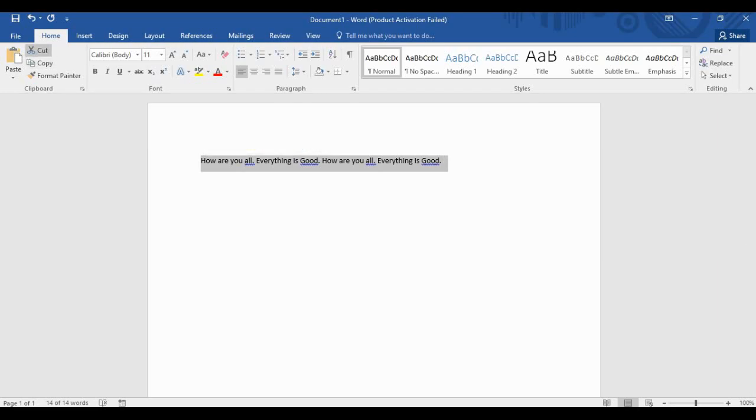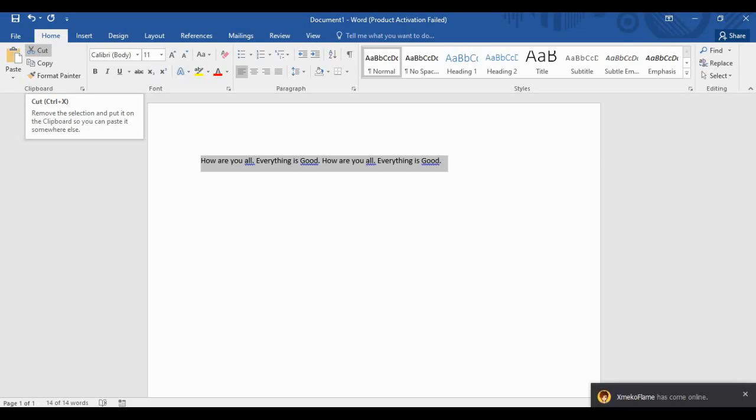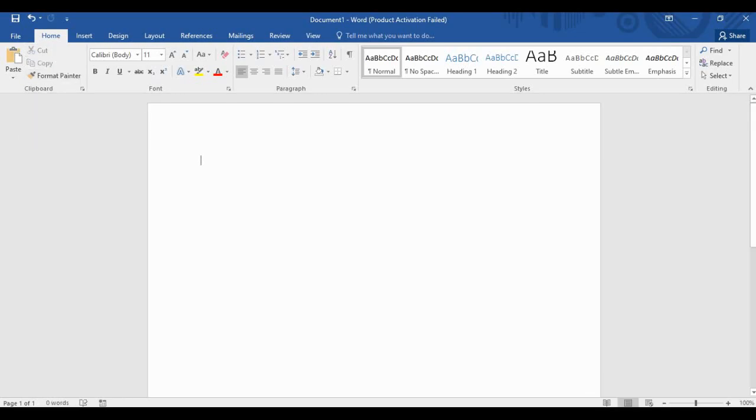The cut means the total sentence or total paragraph will be gone. I mean, you will just replace it with another thing. So as I cut it, I'll paste it again. So we'll just keep these things. And if you don't want to cut, you can just copy this one from here, or you will be easily